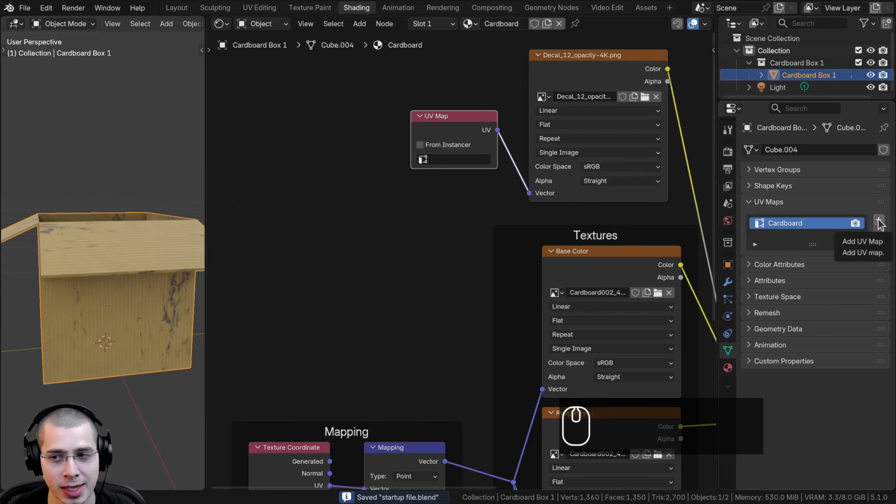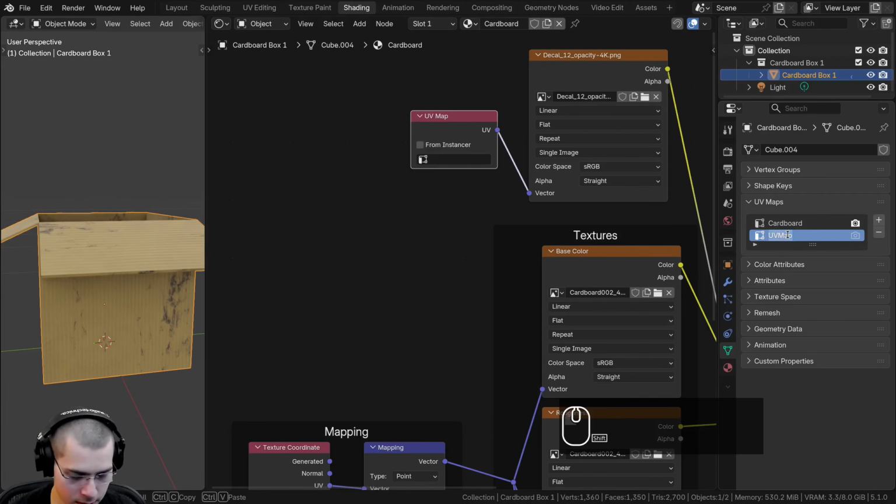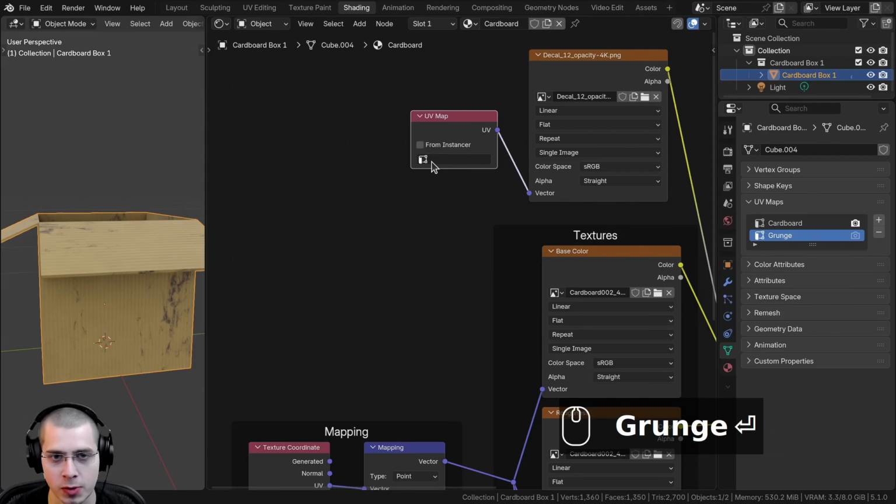So then what we can do is click on the plus here, and that's going to add a new UV map. And then I can double click on this to rename it. I'm going to call this one grunge. So now if I click here on the UV map dropdown, I can force this decal to use the grunge